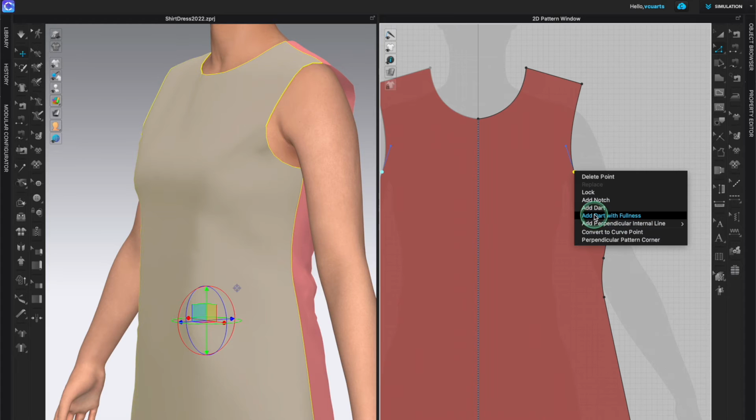The other one right below it, add dart with fullness, is going to give us the fullness. It doesn't change the length of the armhole. It's going to add shaping to it, but keep the amount of material. So when you do that, it changes the position of another part of your pattern. So this outseam would likely have a different angle because we're moving it over to create room for the shaping element. So for this, I want just a regular dart,